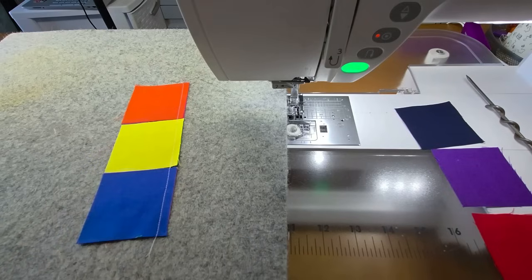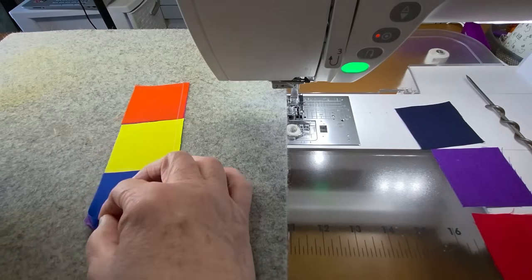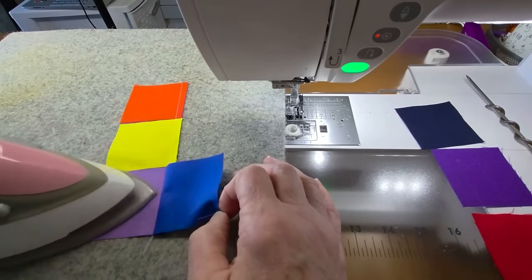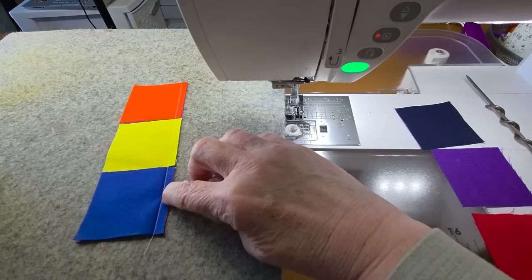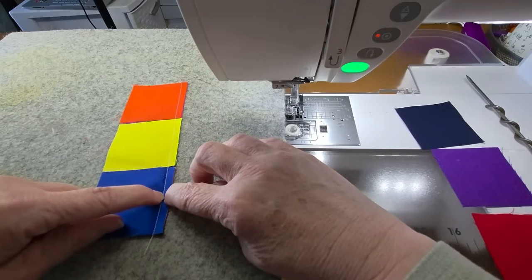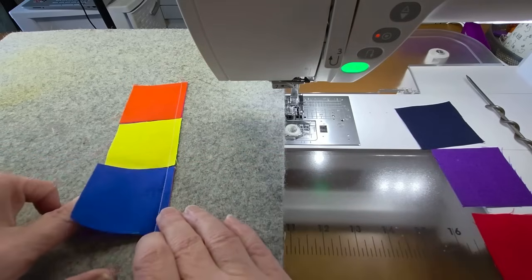So the thing that people automatically do is just roll it over and shove their iron in point first. And that's okay, but when that point hits here, this point is really nice and folded all the way over, but these might not be out here. So what I recommend you do